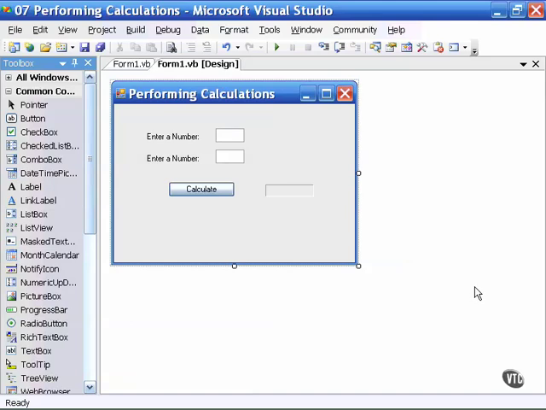In this movie, we will discuss arithmetic operations that you can perform in Visual Basic. You can perform addition, subtraction, multiplication, division, integer division, modulus, and exponentiation operations within Visual Basic. We will take a look at a brief example of each one of these, and then also discuss the order of operations. Using our sample program, we can demonstrate each of these operations, where we can enter two numbers and